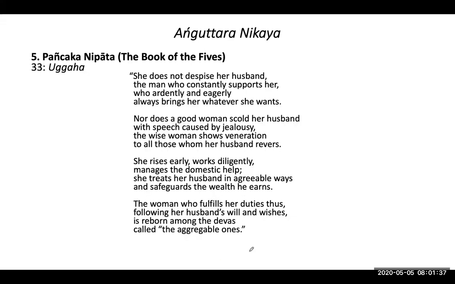In another sutta, you can find the Book of the Fives, Pancaka Nipata, and Ugga is the layperson's name. This Ugga, a layman, offered the meal to the Buddha, and Ugga has daughters, and his daughters will go to their husbands' families. So Ugga asked the Buddha to give advice to his daughters. So the Buddha said that